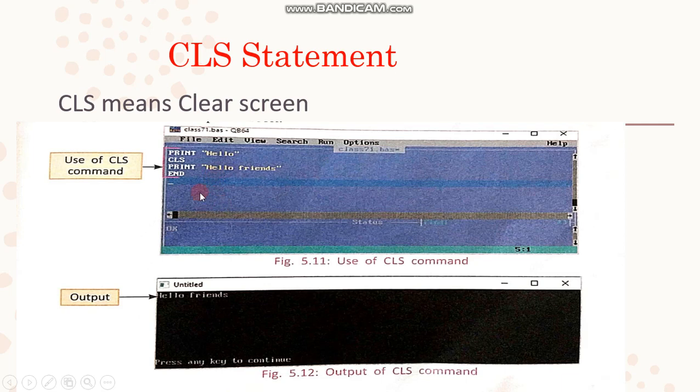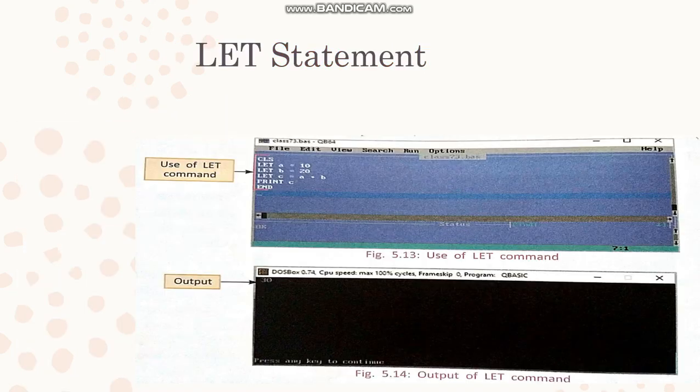You see the editor window: first PRINT "hello", then type CLS, then PRINT "hello friends", then type END. Then press the F5 key. The output displayed is hello friends, because hello is printed first, the CLS command clears the word hello, and then hello friends is printed. Can you understand?